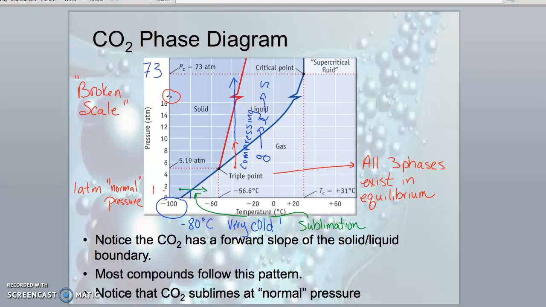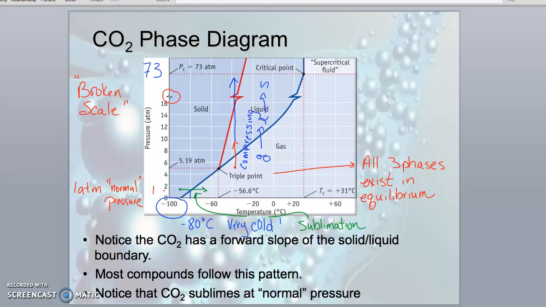Indeed, CO2 does undergo sublimation. You may have seen this material. They call it dry ice. Something worth mentioning is it's very, very cold. CO2 in the solid state at normal pressure, what we'd experience in the lab, might be minus 80 degrees Celsius. It's very, very cold. You don't want to touch this with your bare hands. So just something to keep in mind if you get a package delivered and it comes on dry ice, be careful with that.